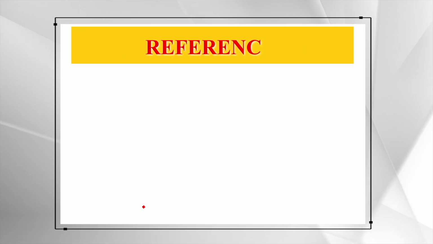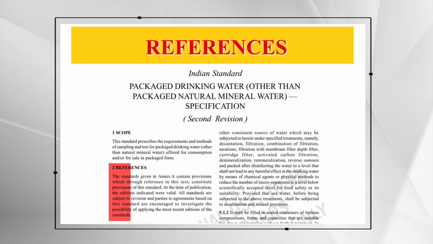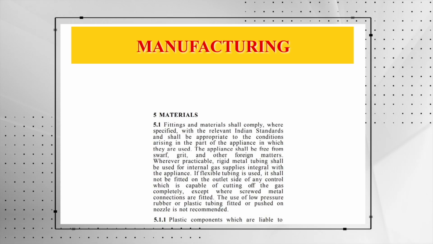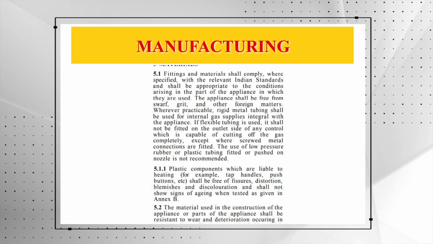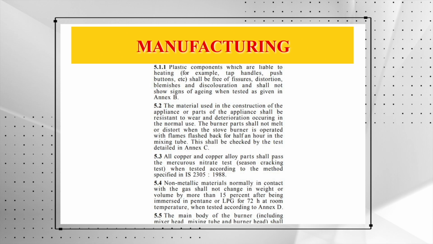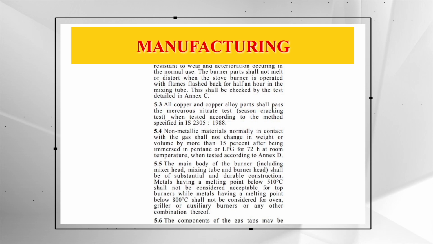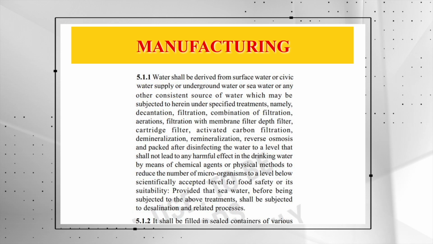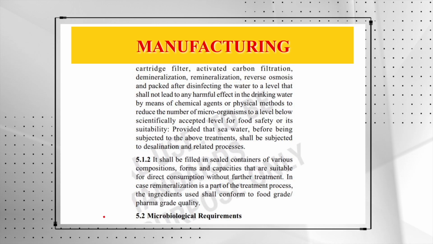Next come the references. This clause is meant for giving information related to other standards which are to be necessarily referred to for use of this particular standard. So, the next element is manufacturing. For certain products, as considered appropriate, keeping in view the health and safety aspect and other specific needs, the standard also contains details of raw materials which can be used and the process of manufacturing which can be adopted by the manufacturers.